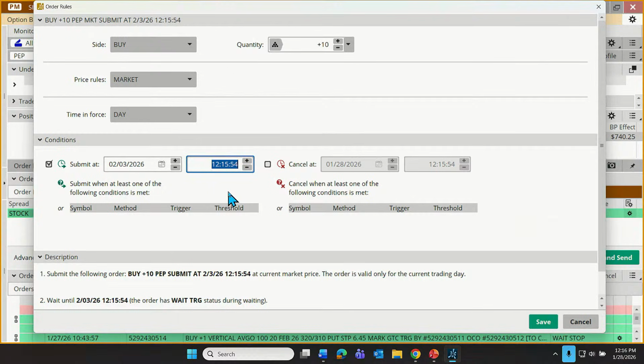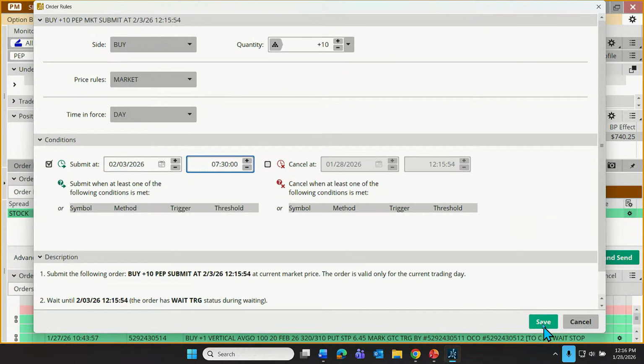That would be locally for us in the mountains of Utah, markets open at 7:30. So we might say 07:30:00. Now, if this were in the afternoon, you put in sort of a military time. So if it's 1 o'clock in the afternoon, it might be 13:30:00. Does that make sense? But this is local time.